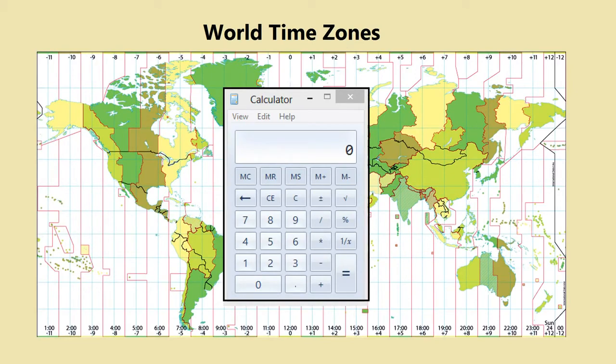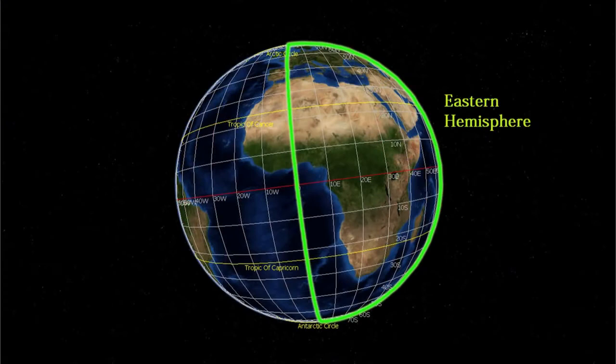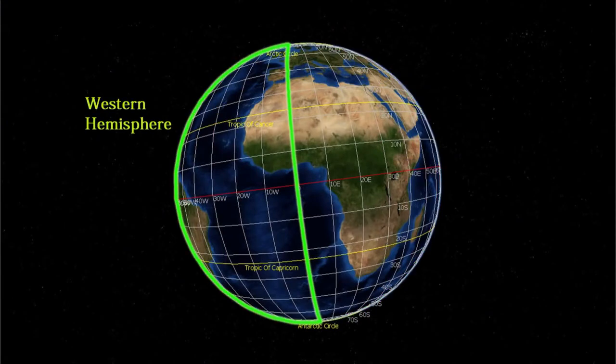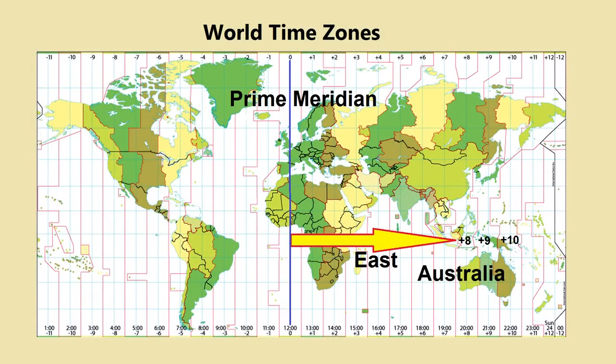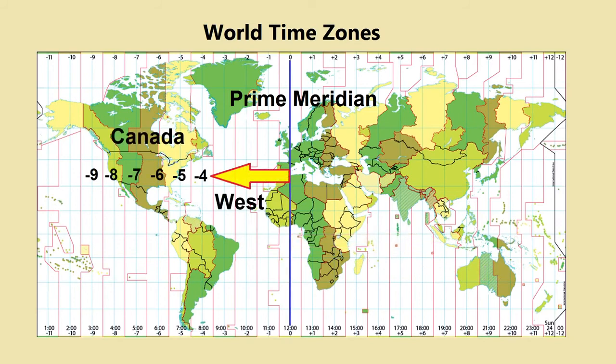Now I will show you how to calculate time zones. First, determine whether the time zone is in the eastern or western hemisphere. If the time zone is east of the prime meridian, such as Australia, it will be at an earlier time than Greenwich Mean Time, or GMT. If it is west of the prime meridian, such as Canada, it will be